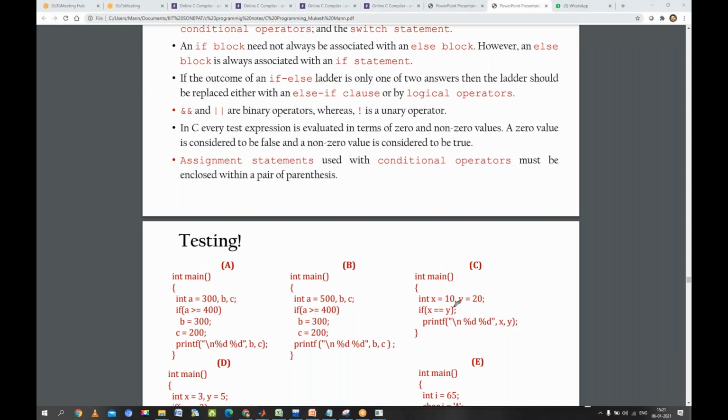Whenever we are not using curly braces after if, for example, we are just using this if, by default we should normally use these curly braces. But here we have not used any curly braces. We have seen that if there is only one single statement, then it is up to you whether you want to use it or not. Here we have not used it, but you should use it, otherwise it will make you confused. So this particular statement is written like this, with curly braces inherent. Then we have this particular semicolon.